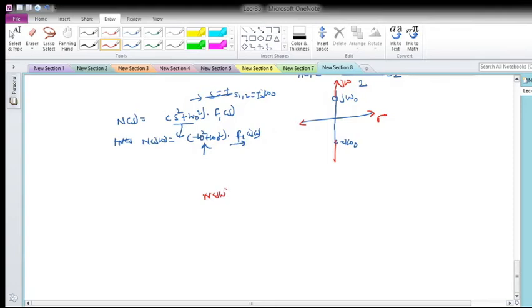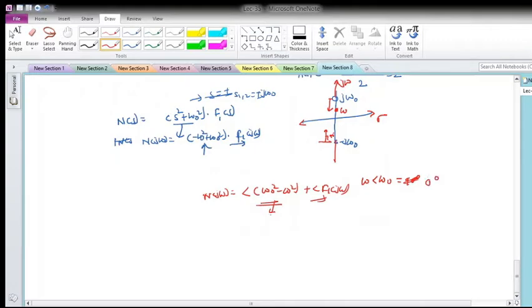The angle of N of j omega will be the angle of omega 0 square minus omega square plus the angle of f1 of j omega. I don't bother about that; I am interested in the effect of the complex conjugate pair of zeros. When omega is less than omega 0, so that the omega point is here, what is the angle contribution? It is 90 degrees, and minus 90 degrees, and this is plus 90 degrees. So the total angle contribution is plus 90 degrees minus 90 degrees, which is 0 degrees.